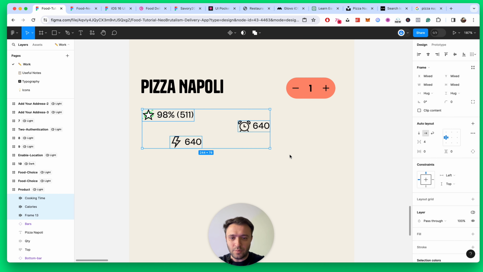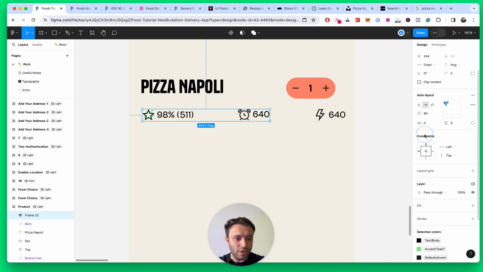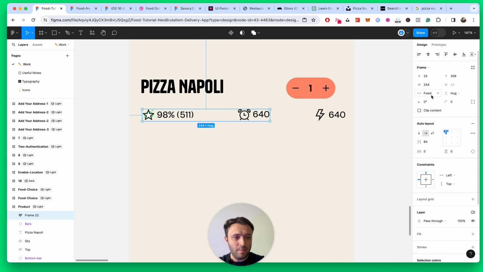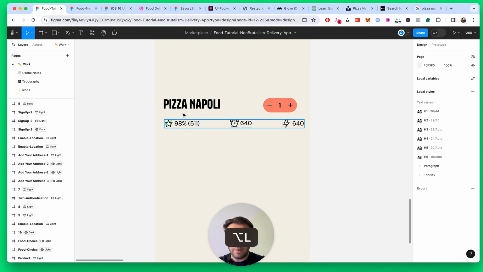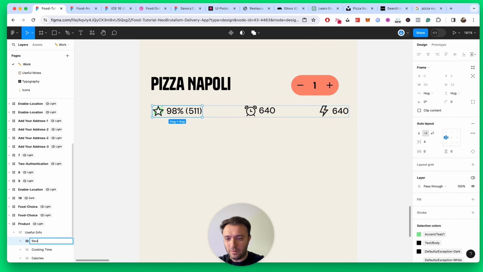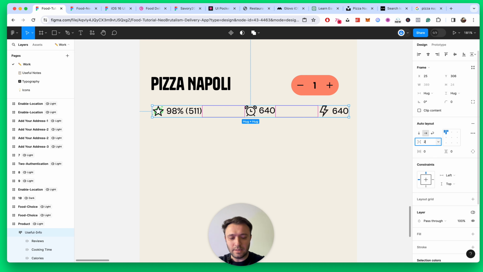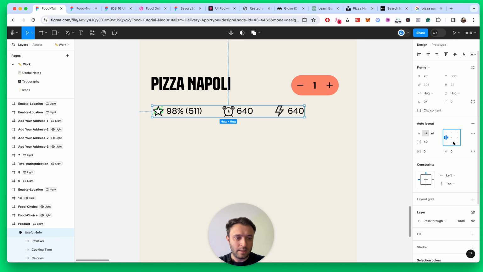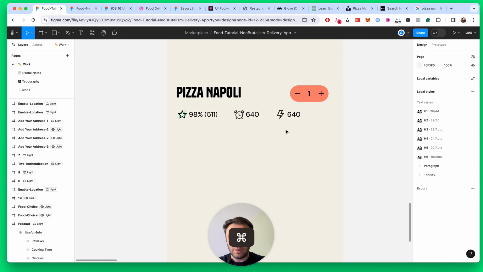Take these three, Shift A, auto layout, change the direction here, make sure this is hugged. Okay, and this is useful info. So we're moving fast. Let's make here, this is reviews. Okay, and this is hugged, hugged, hugged, and decrease the distance, I don't know, 24 or 40, I think it will work best. Make sure the alignment is in the middle,